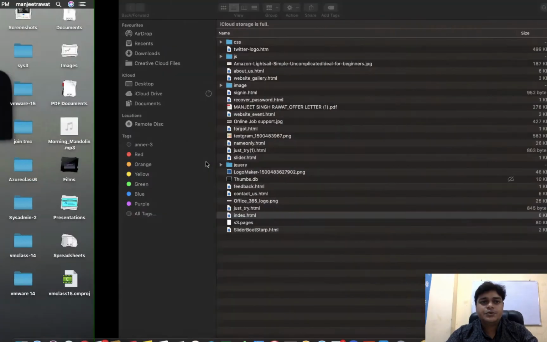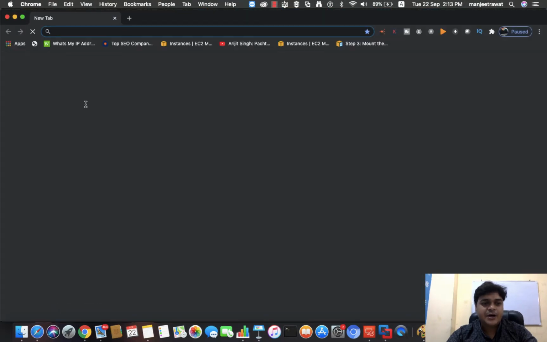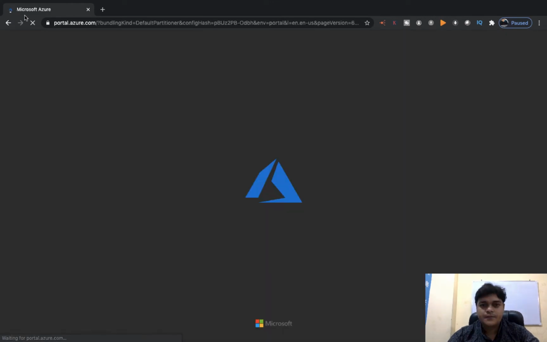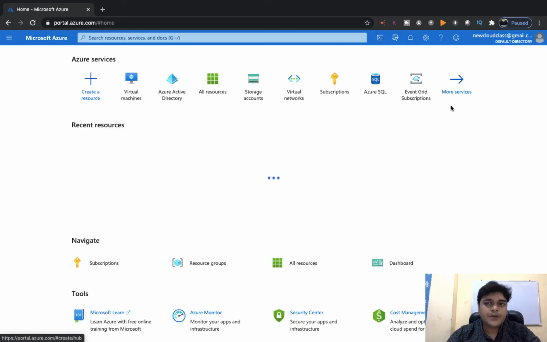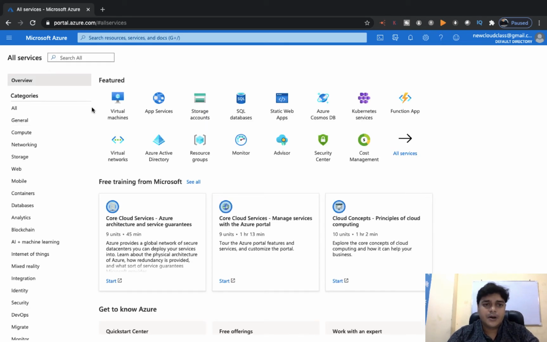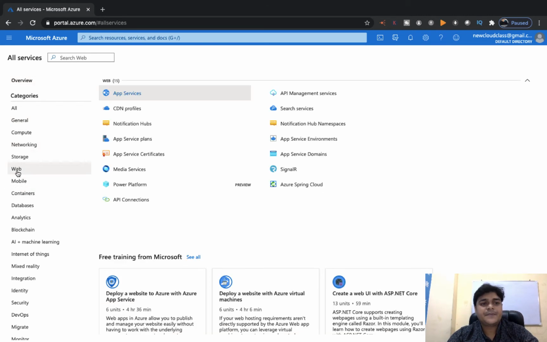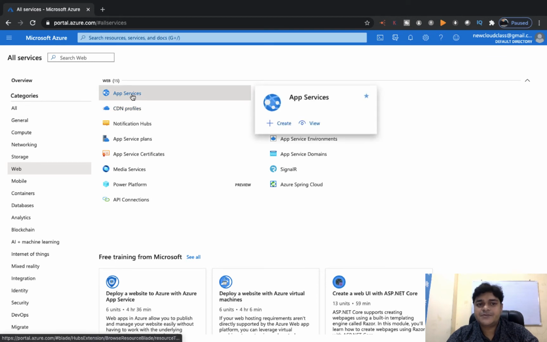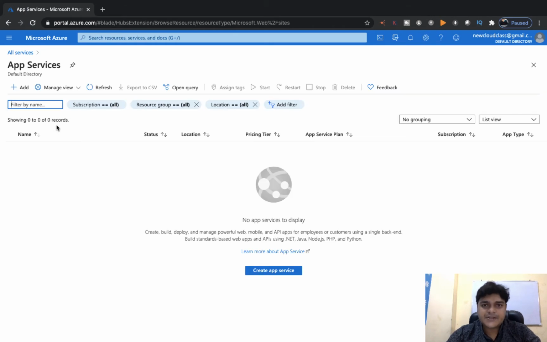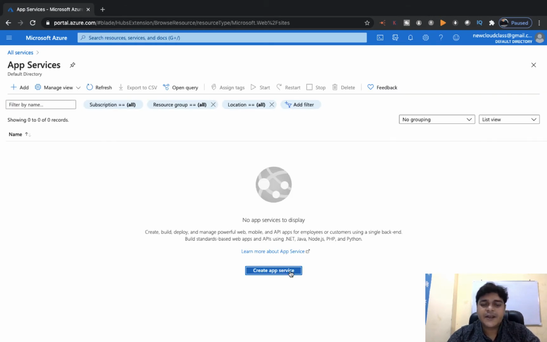So what you need to do, you just need to open your Azure portal by using any browser. Just open portal.azure.com. Okay, once you open your Azure portal, second step, you can directly purchase from Microsoft Marketplace, or you can just click here. This is the web. Just click here, and we have the option of app services. Click the app services. You need to purchase one app service because the app service is the best example of platform as a service. Just click create.